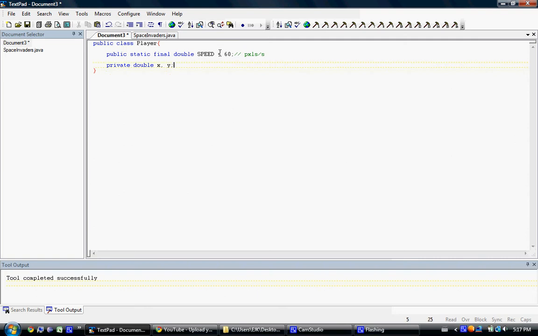Oh, nope, he needs to know how far he can go left. So how far he can go right. Max X. His Y is not really going to change, so that doesn't matter much. Oh, and the difference between this and this